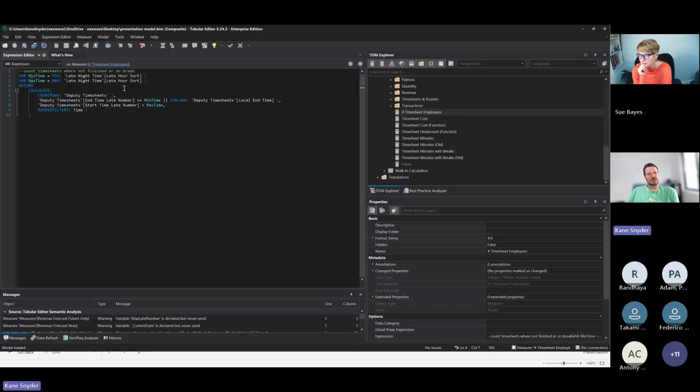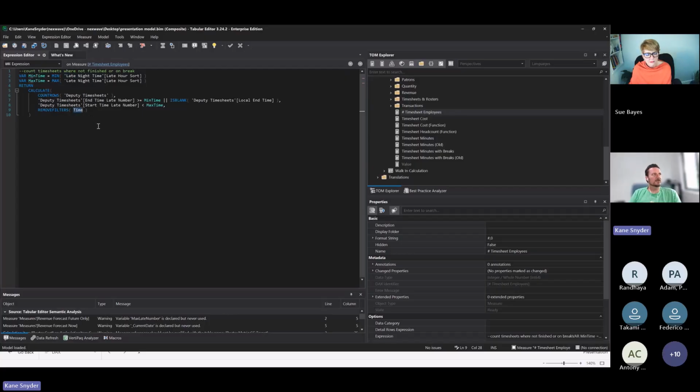I've called it late night time because it's got a custom sort in it to account for late nights, where it runs from 2 p.m. to 2 a.m. And this late hour sort is like a numerical representation of the time. This is quite similar to what you find in the SQL BI article, where we can just count our timesheets. But the problem with it is that, like I said,